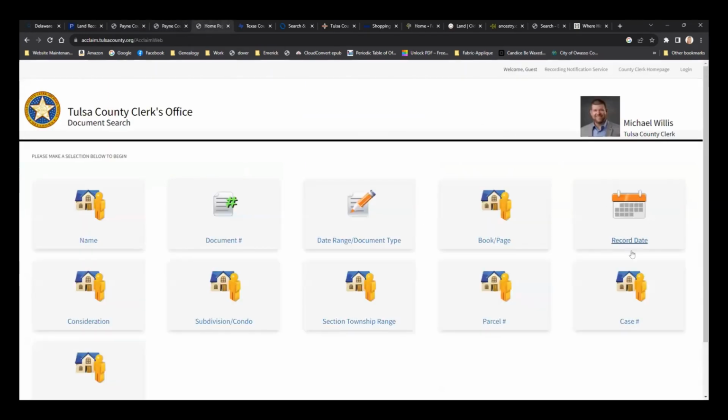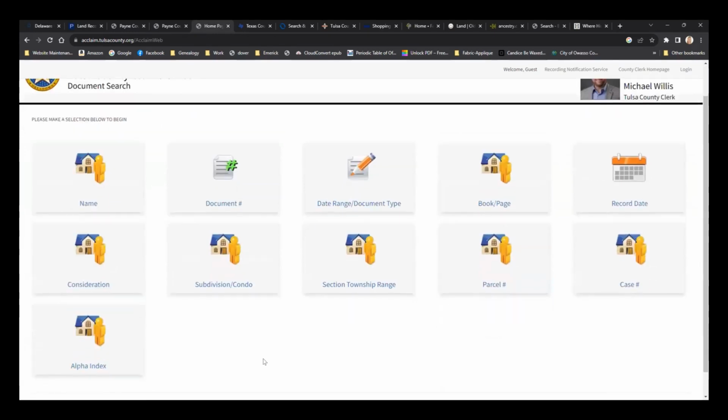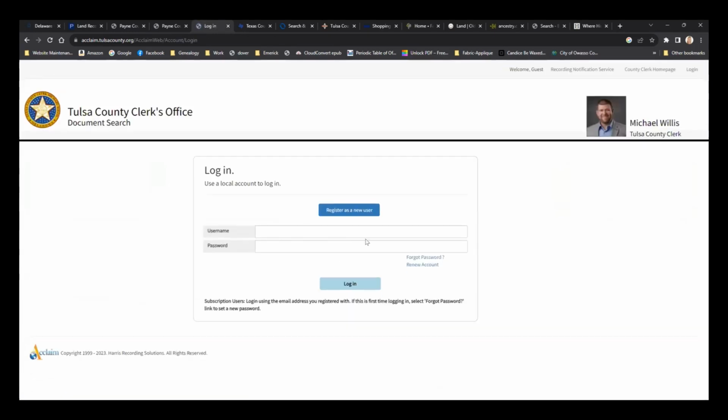But let's look, this is Tulsa County. Tulsa County is a little different and it's got all of these things you can search by. And the thing with Tulsa County is that they have subscriptions. So you can buy a 1-day subscription, a 1-week subscription, I think, a month or a year.